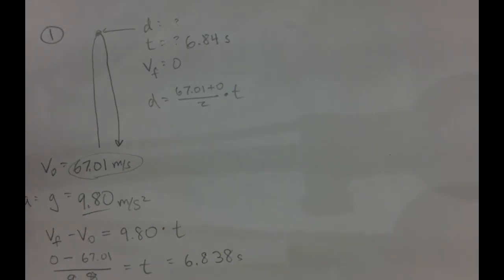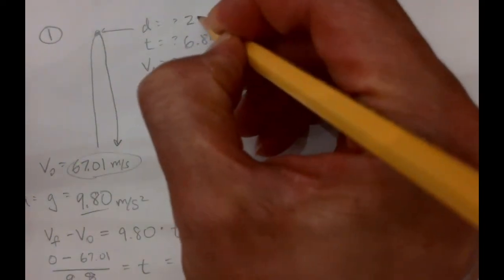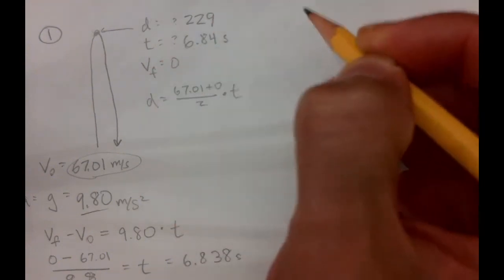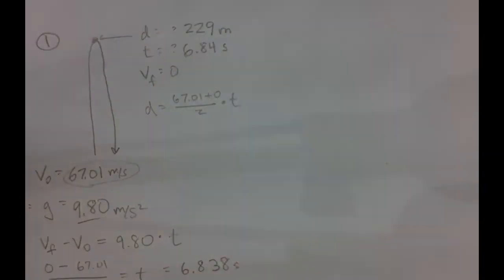So plugging those in, times 6.838 gives me 229 and some change meters, but that rounds to 229. Alright,